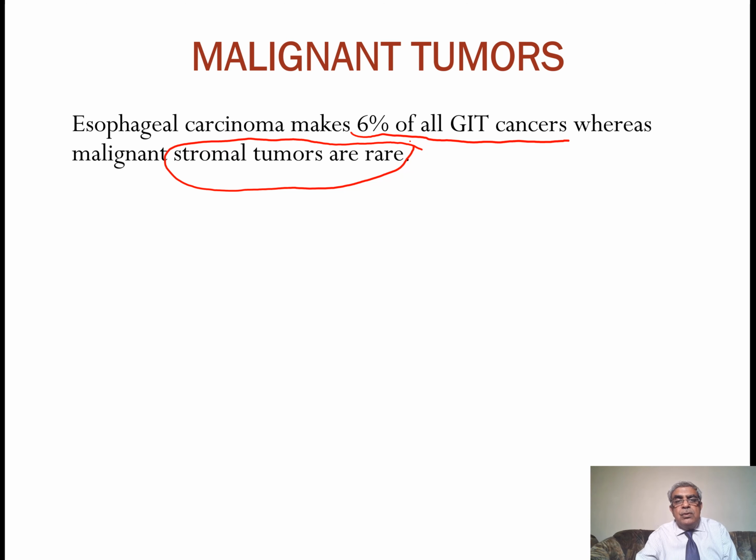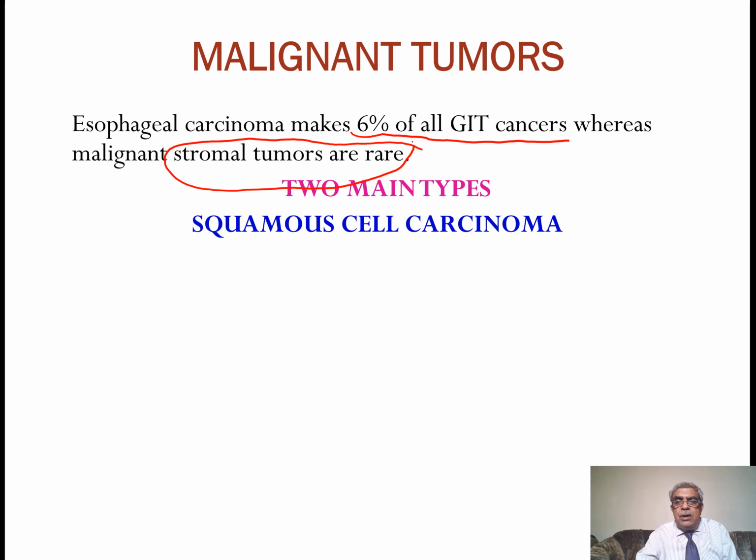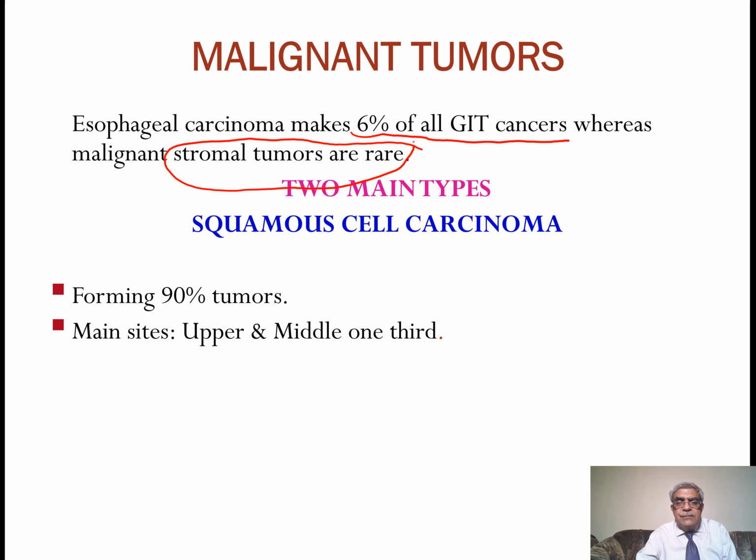If somebody asks you how common is leiomyosarcoma of esophagus, the answer is very, very rare. Two main types: squamous cell carcinoma, forming 90% of the tumors of the esophagus. Commonest sites, upper and middle 1/3. Adenocarcinoma, lower 1/3, and